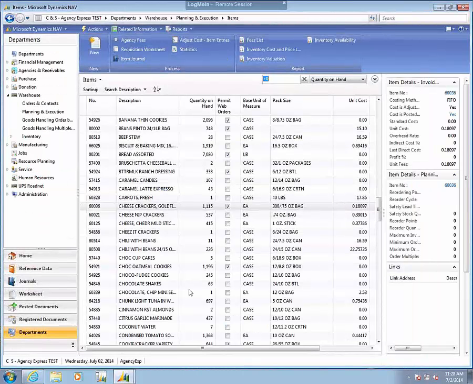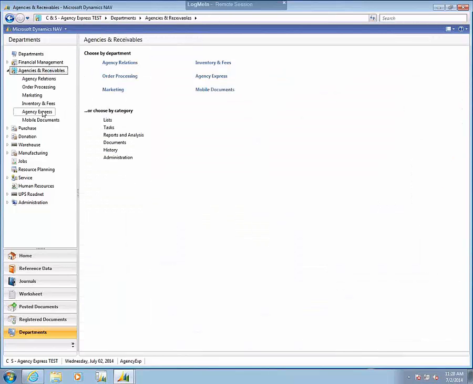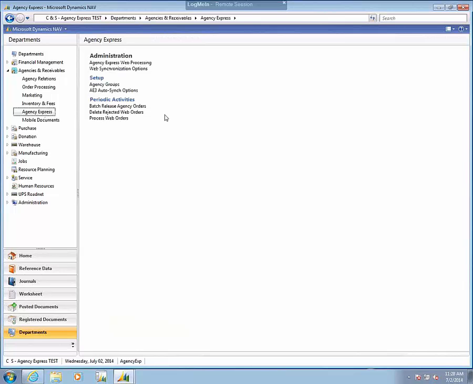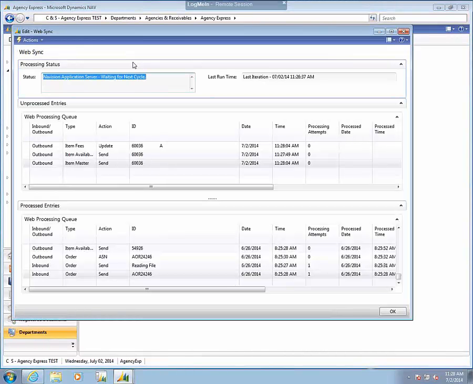And then that now marked my cheese crackers as Permit Web Orders. So what that's going to do now is create a file in the web processing queue to send the item information up to the web. So if we go back over to Agencies and Receivables and go to Agency Express, and if you have the View Web Sync option set in User Setup, then you will be able to access the Agency Express web processing queue. And you can see that this generated a couple lines of entry in our queue, one for the item